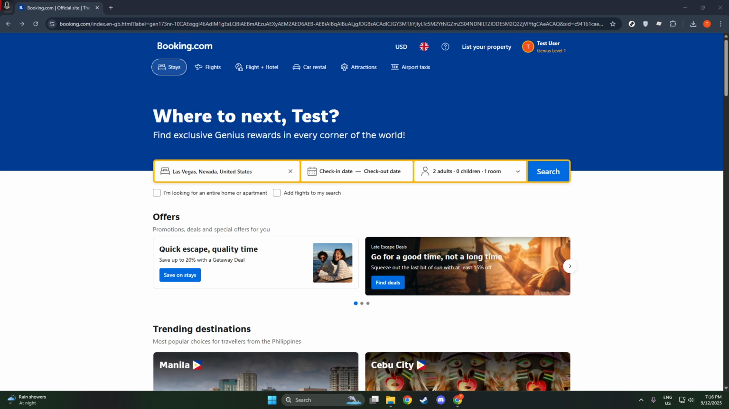First things first, head over to Booking.com using your web browser or simply open the Booking.com app if you have it installed on your device. The app and the website work in a similar fashion, providing you with all the tools you need right at your fingertips. Once you've got Booking.com open, you'll see a search bar prominently displayed, inviting you to enter your travel